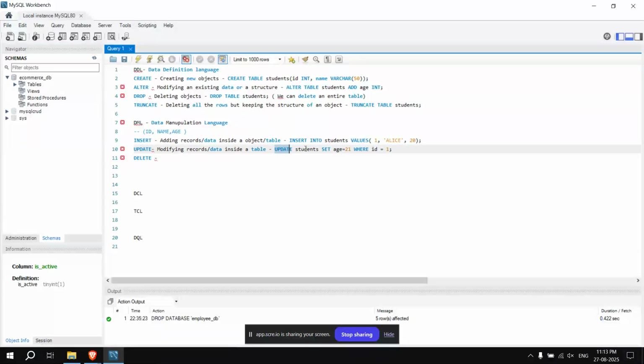First, we've entered the specific table name, students, and we update the student's name in the students table with the SET clause. As you know, what does set mean in English? Set means setting something, fixing something, or defining something. Here, what do you modify? We modify the age of an existing data.